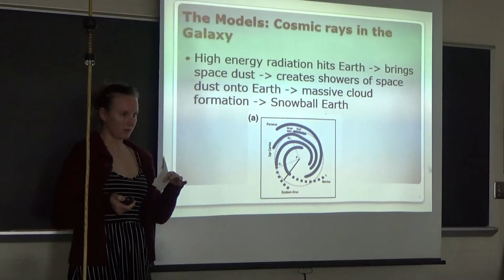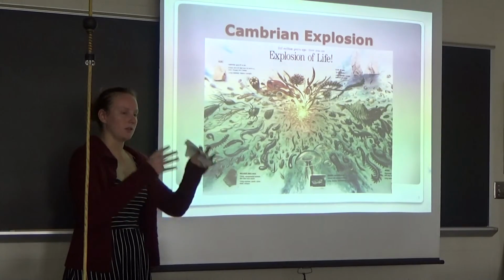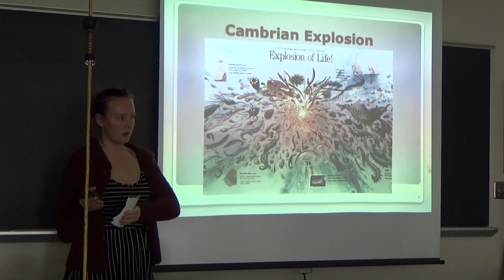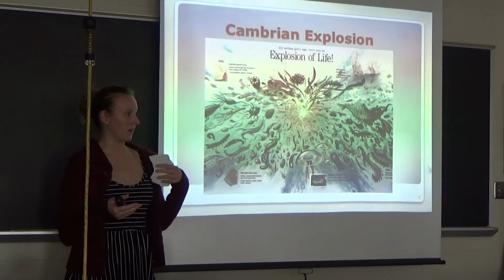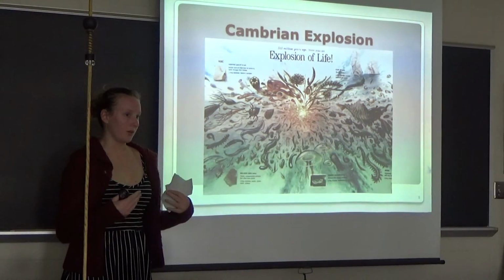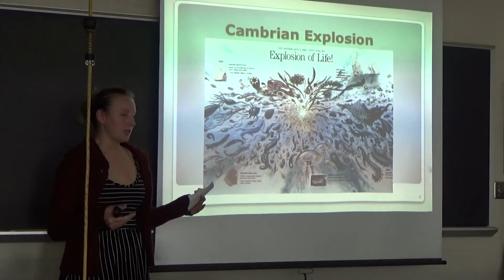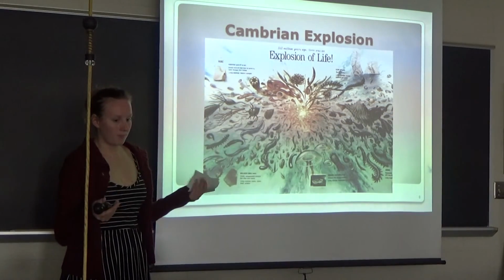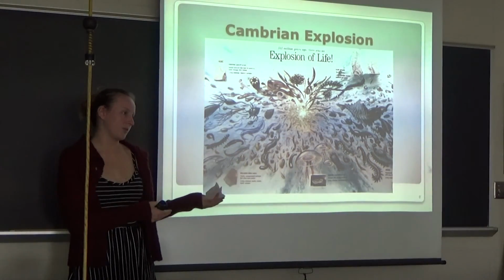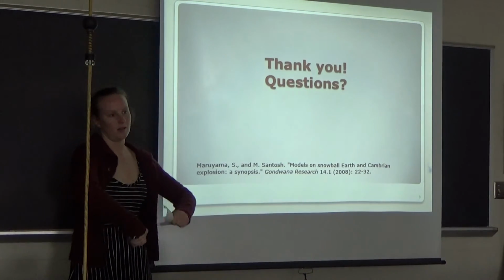And then after this happened, we have the Cambrian explosion. So there was the Snowball Earth event, and the entire Earth was covered in ice, and it shifts then to being thawed, and you have a lot of nutrients being dumped in the ocean, and atmospheric O2 rises, and then also you have this cosmic radiation which aids in mutation, and then you have the explosion of life. So it's an interesting transition from this ice ball that's pretty much void of life to the world we have today. Are there any immediate questions?